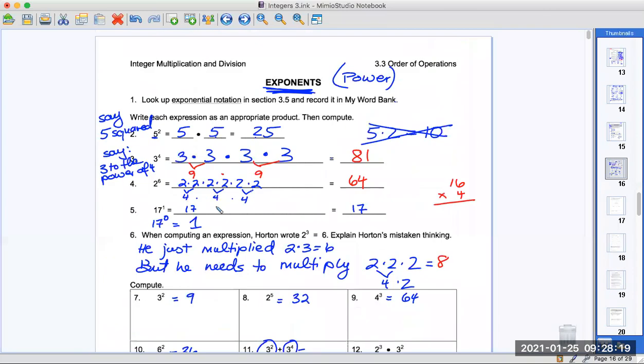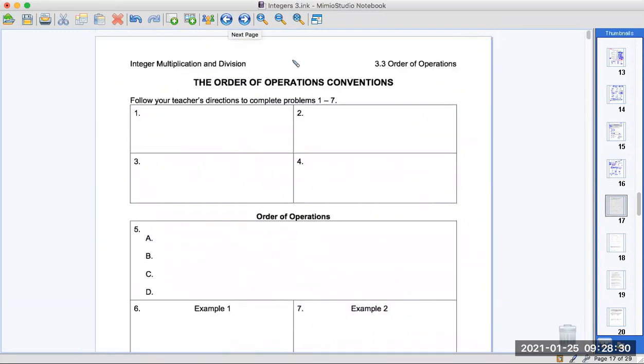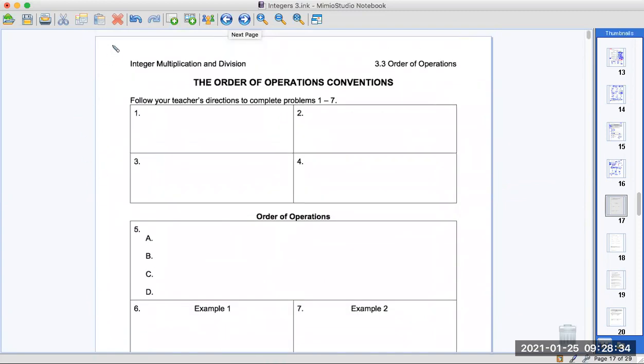This one is notes, this page. And this is page 13. And then the next one, we're on page 14, is also notes. Okay, I was right about 0 to the power of 3. That looked good. Okay, so now we're going to make the problems a little more